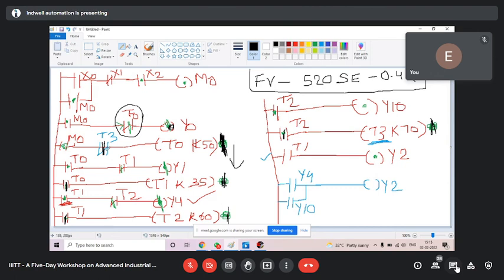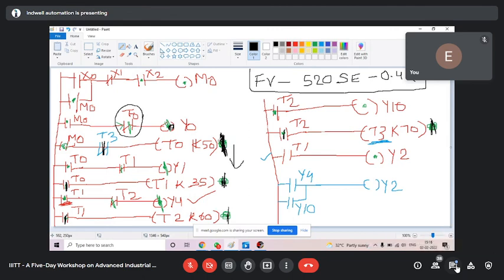So when you break the first timer, below the first timer everything will be off, not above. So this is it. Is it clear? I am not sure that it will be clear, but a bit. Tell me, is it clear? Or you can tell me if you have any other doubt.